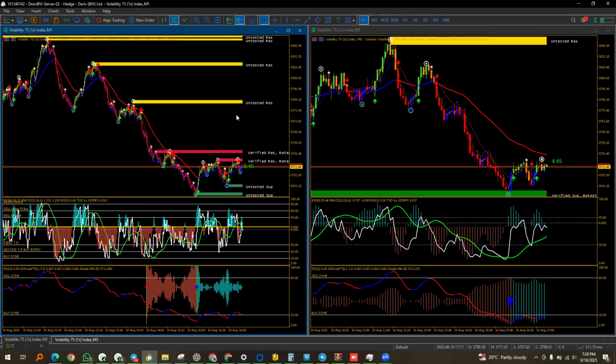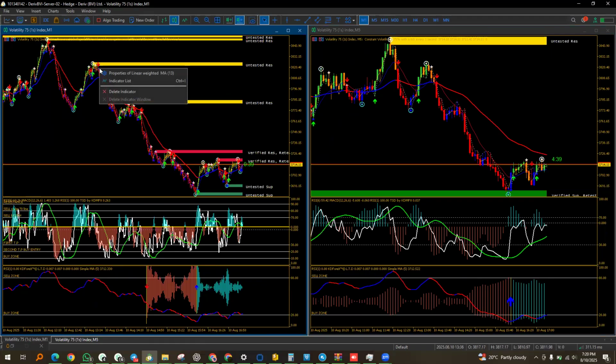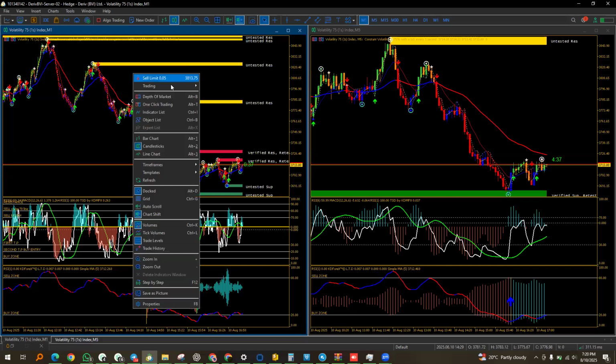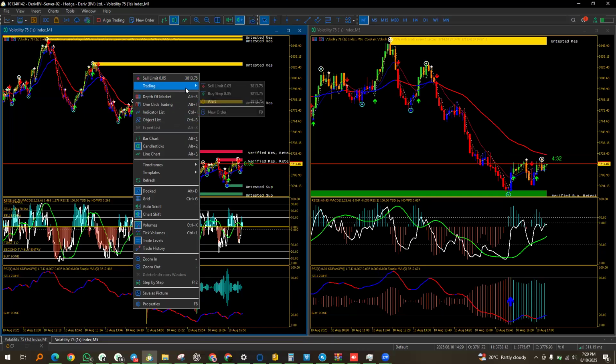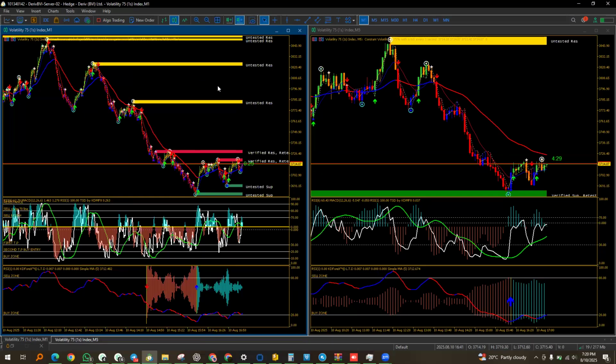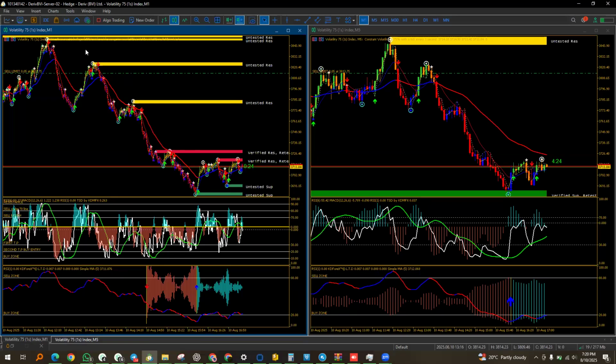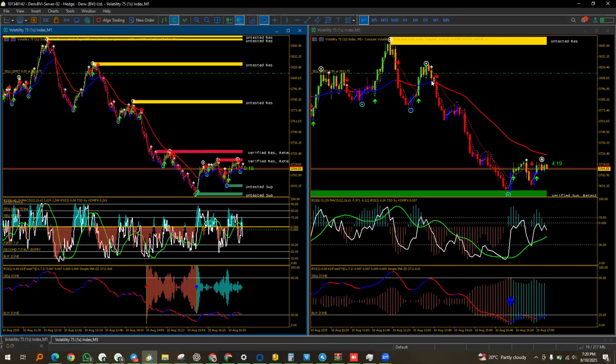So I'm just going to do this. You can see from the point here, the first signal which was given at this point in the 1 minute, on a sell. If we put, let's say, a sell limit at this point, because we want it to reflect on both sides, here and there, you can see how the market was moving. Here we have an IFC candle, meaning when the market comes back to this point here, there's going to be a reversal before it breaks above. So just wait on this one.